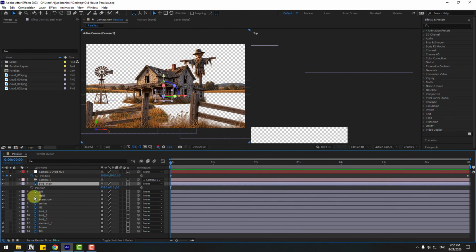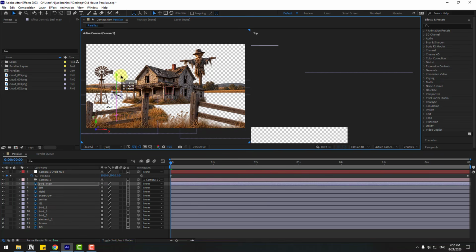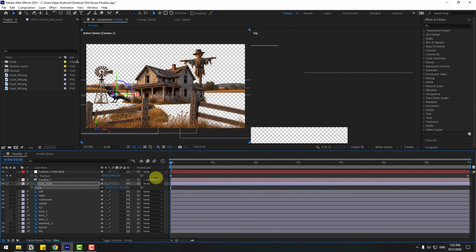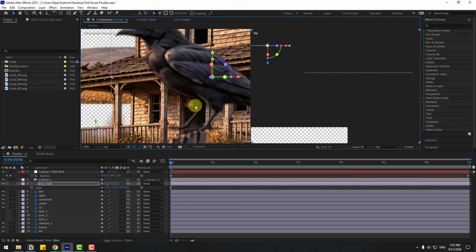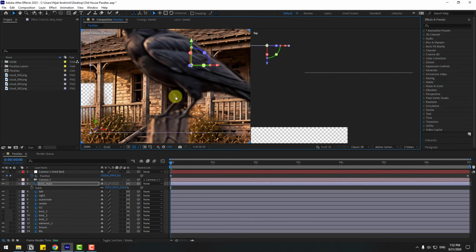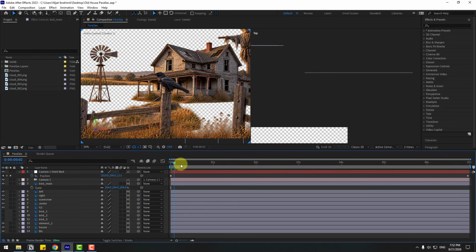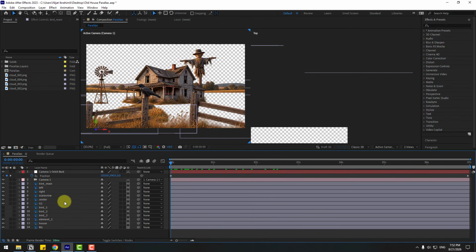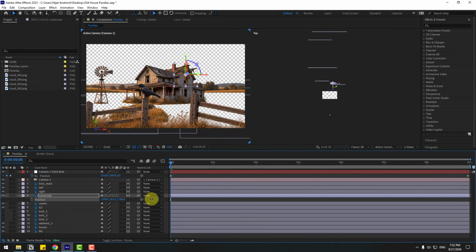Let's press P and paste all positions here. And let's move up, press S, change scale and move like this. We can change scale like this here. Okay, let's see. Nice. So at this time, let's select the scarecrow and press P, move to back like this